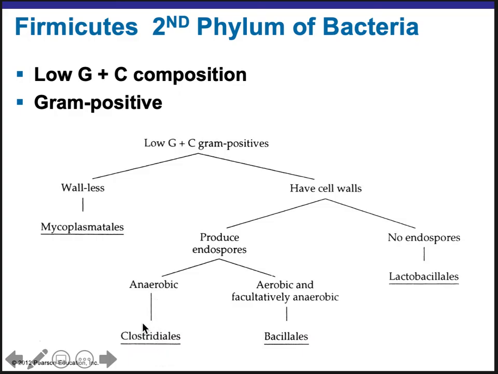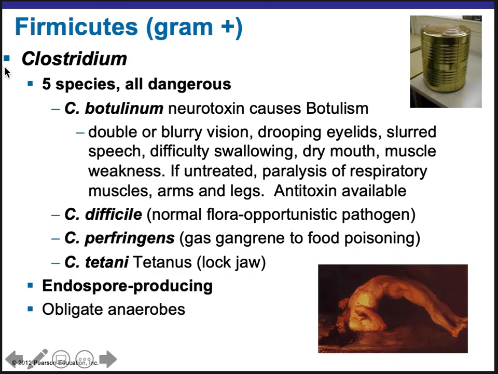And so we'll look at Clostridia that are anaerobic, and they have endospores. And then we'll also briefly look at Lactobacillus and a couple other examples. Okay. So Clostridium species, we're actually going to look at 4, not 5. Please correct that. I removed the 5th one because it doesn't impact humans. It impacts cattle.